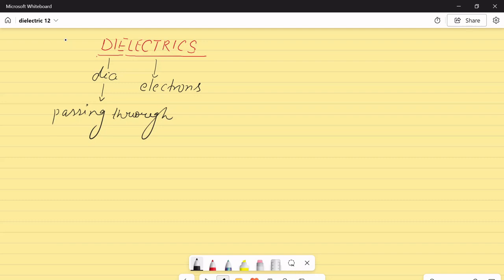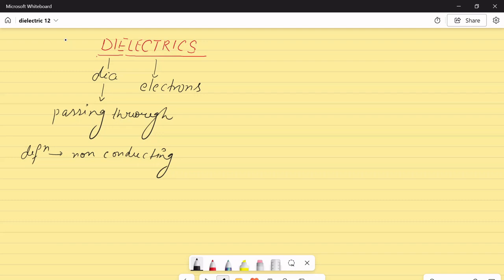If we go by the textbook definition of dielectrics, you will find that it refers to substances which are non-conducting. You have to understand the term non-conducting. But we also have insulators, which you have studied in your previous classes. There were two classifications of materials, insulators and conductors. So why don't we call dielectrics insulators? Why have we given a separate term for such substances? Maybe because they follow some unique properties, some unique applications, and we will find them out in